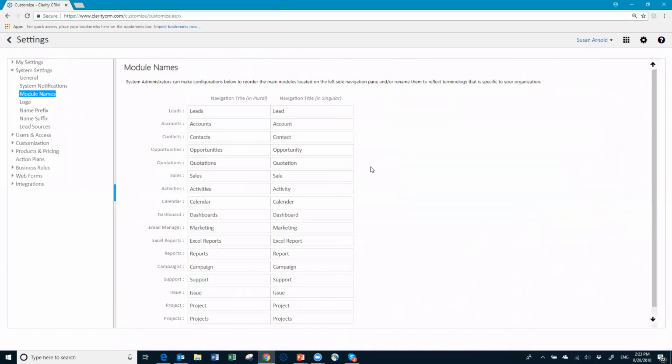Module names. You are able to change the names of the modules in Claritysoft. So for example, sometimes people want to change accounts to companies or leads to prospects or something like that. And that's fine, you can change it. The only issue is